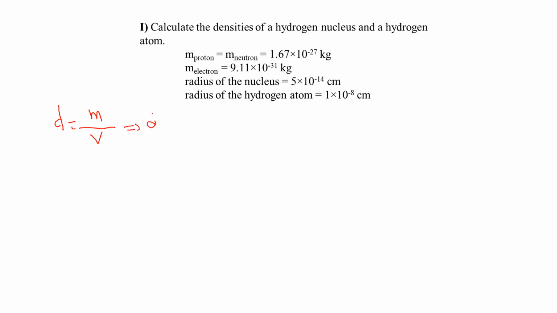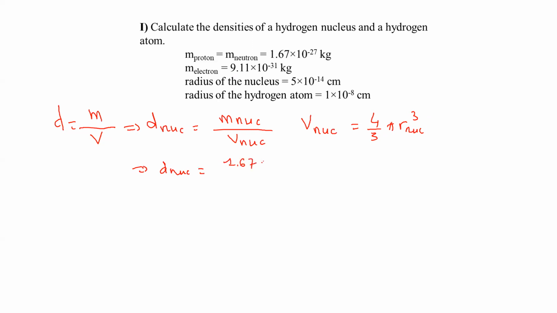So if I want the density of the nucleus, I need to have the mass of the nucleus, which is given, and the volume of the nucleus. So here you have to consider the nucleus as a sphere. So the volume will be equal to 4/3 pi R nucleus cubed. Okay. So the density of the nucleus will be equal to the mass, 1.67